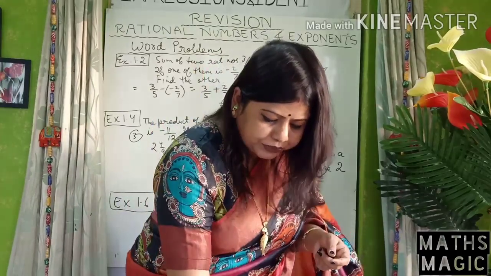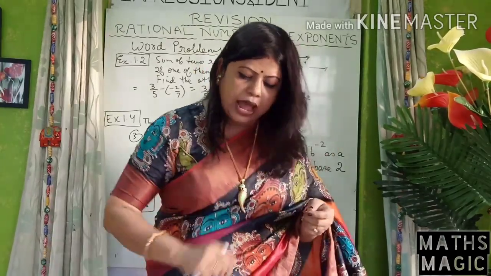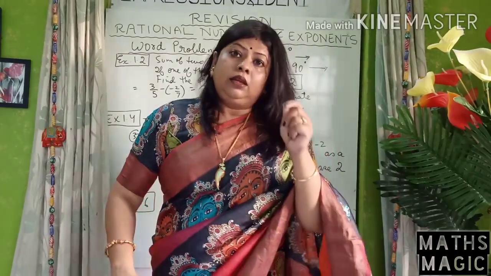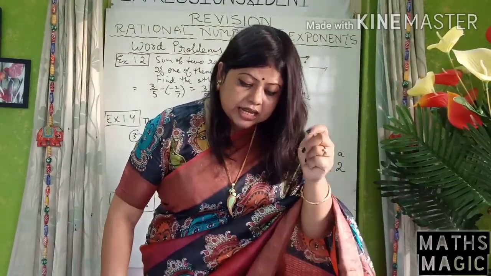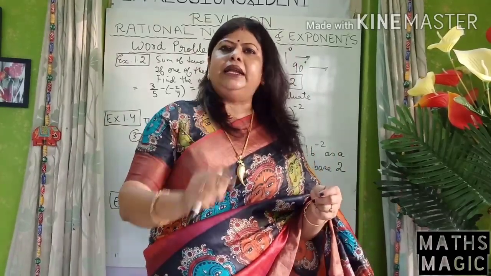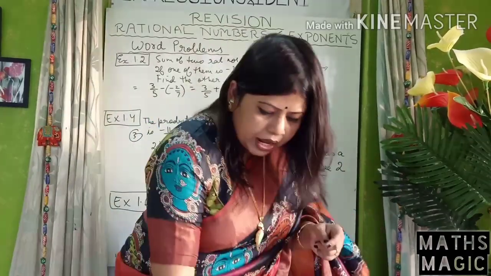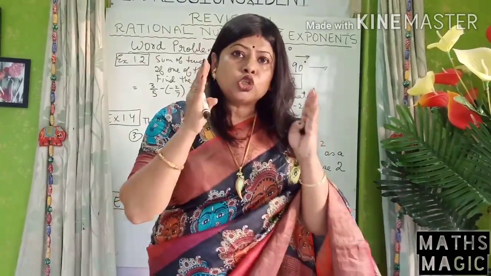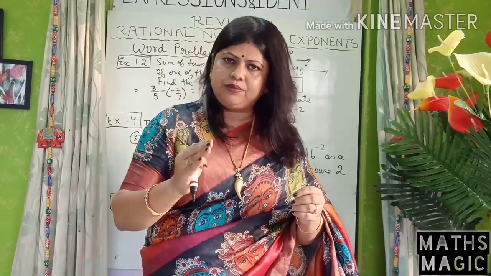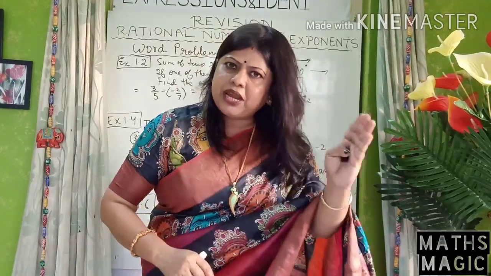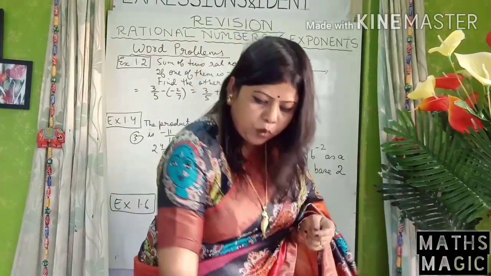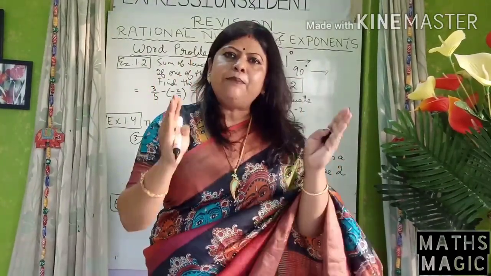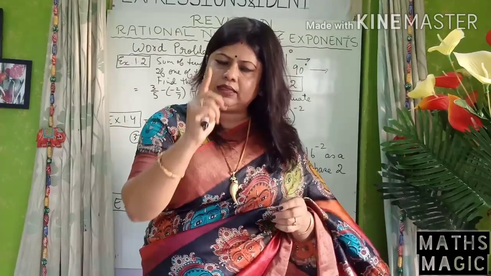Next we come to question number 4. Here what is given? Speed is given. Then distance. The question is how much distance will it cover in 9 by 10 hours? That means here speed is given and time is given and you have to find the distance. So speed is equal to distance by time. So distance will be equal to speed into time. Check the unit. Both the units are the same, kilometer per hour and hour. So you have to simply multiply both to find the distance.